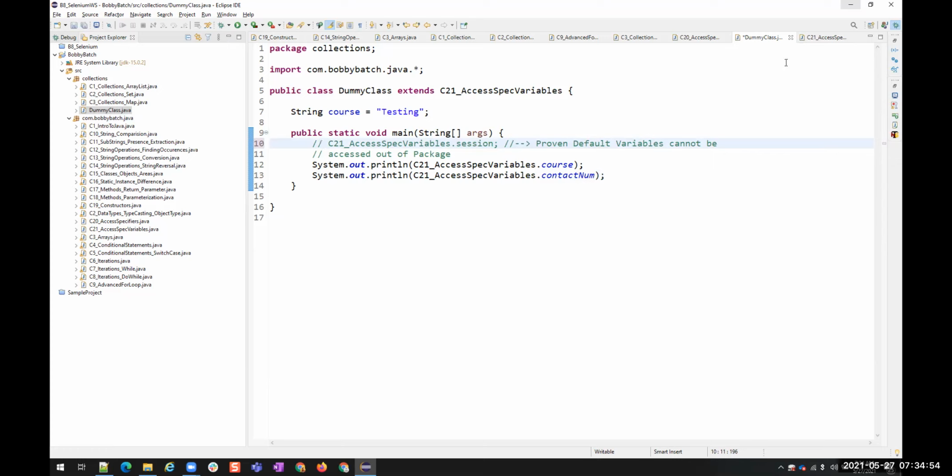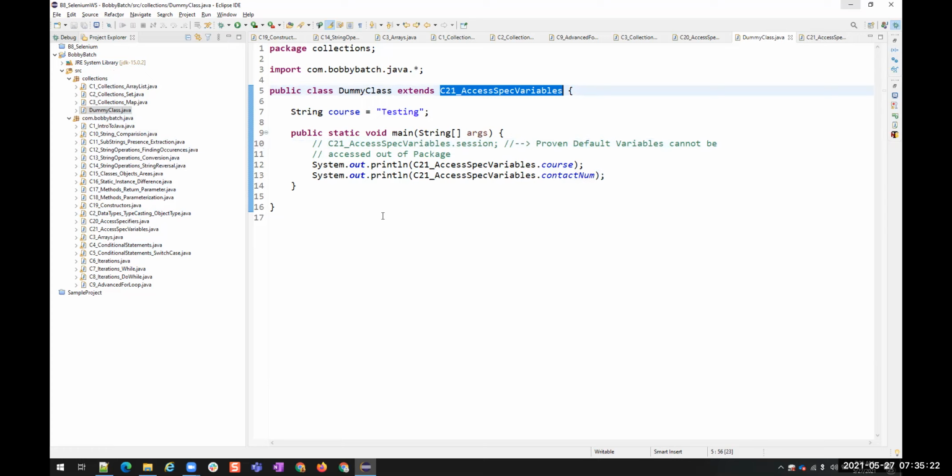So we have seen private within the class. We have seen default outside the package. And we have seen protected. Within the package, we do not have any issues with protected, but outside the package, only in the child classes. So we have created this as a child class and we are able to see the protected variable. So you understood the difference between access specifiers?